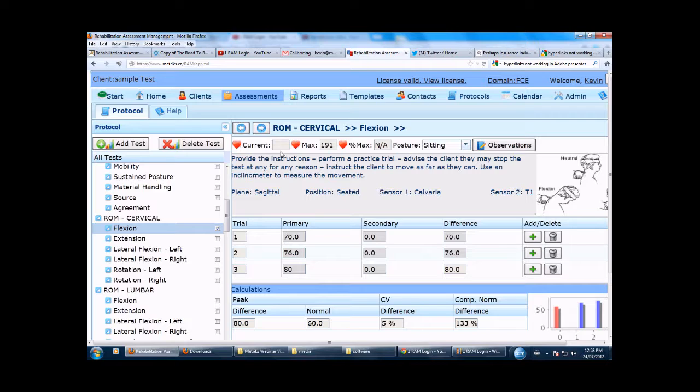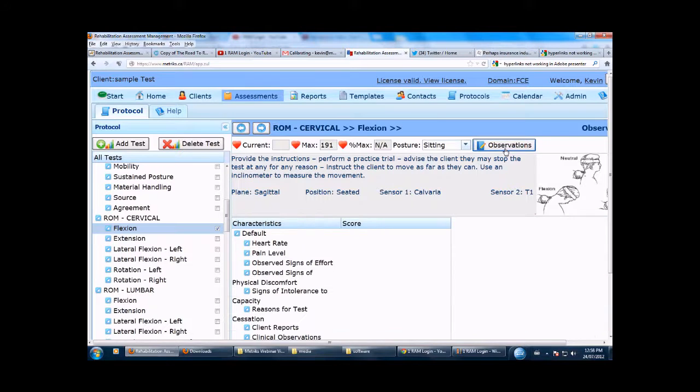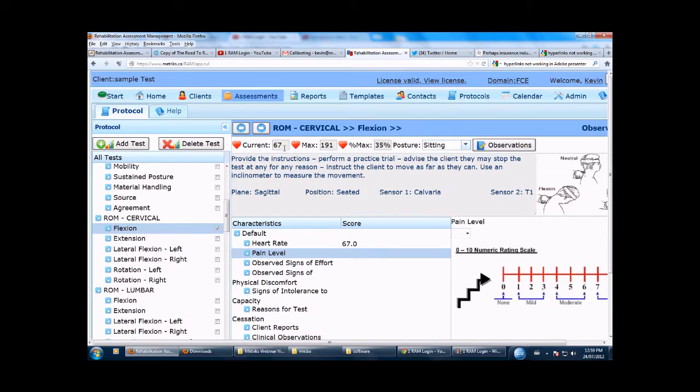This top line here is the current heart rate and the posture. The posture defaults automatically to the posture that the client's in. If we want to make observations in a test, we can click on the observations button. And we'll see here we can now enter in the client's heart rate. So if we enter in the heart rate here of 67, you can see the current heart rate there is now registered at 67, the max heart rate is 191, and the percentage of max is listed up here at